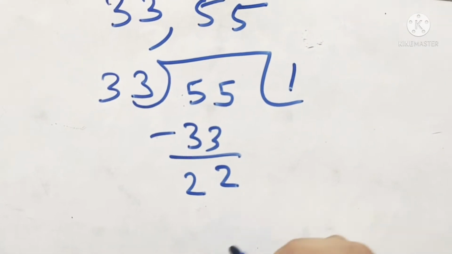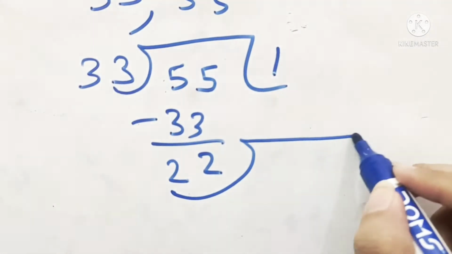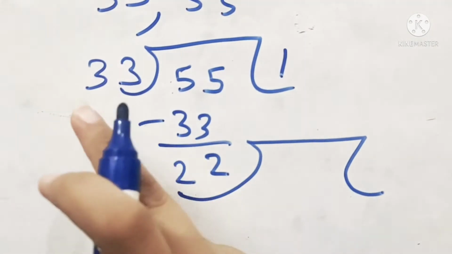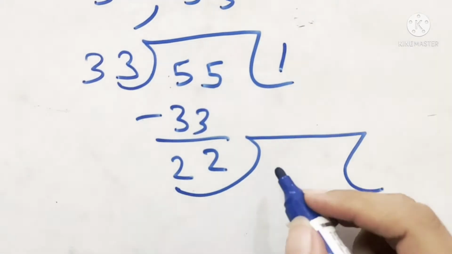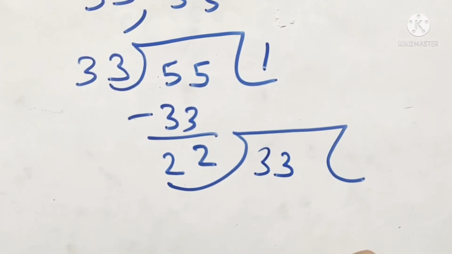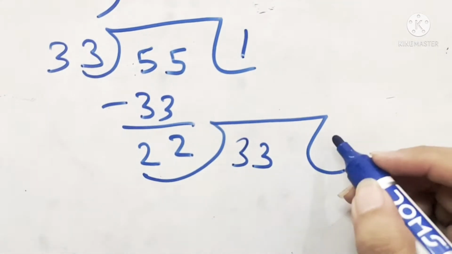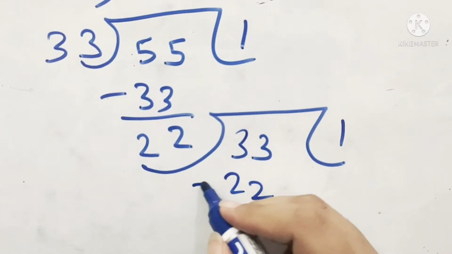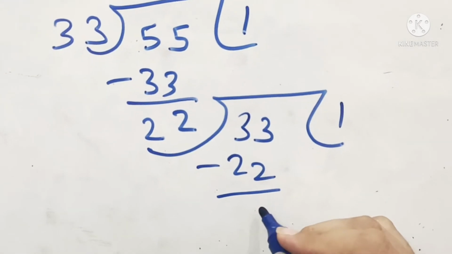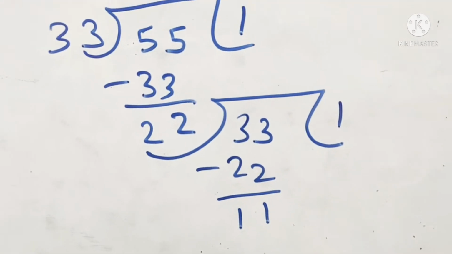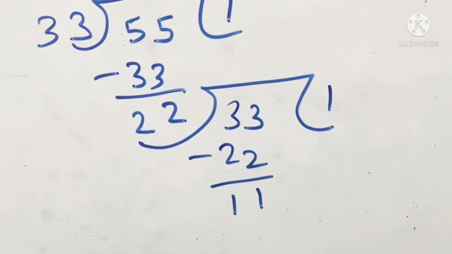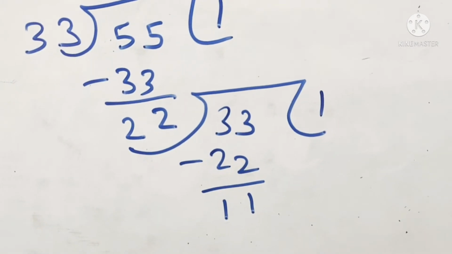Since I have not got 0, I will continue my division again. I will make a bar over here, and the number which was the divisor earlier will come inside the bar. We are following the same process as in the first example. Now I will multiply it with 1 and 22 will come again. Again I will subtract it: 3 minus 2 is 1, 3 minus 2 is 1. Since again I have not got 0, I will continue the same steps again.